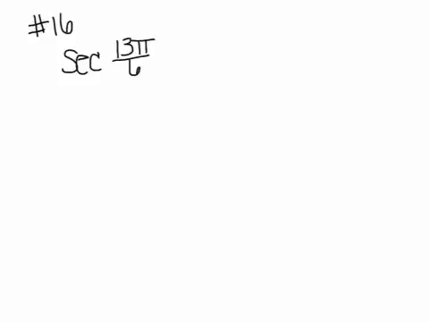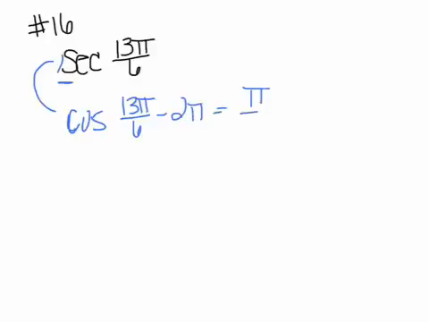Every function has a cofunction, and secant pairs up with cosine. So I'm going to find the cosine of 13 pi over 6, then I'll take the reciprocal to find the secant. The first thing I'm going to have to do is subtract 2 pi, and when I do that I get pi over 6. So I'm going to go to my unit circle, and at pi over 6 the terminal